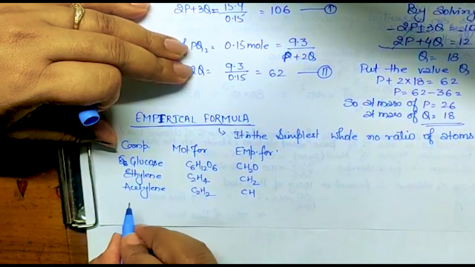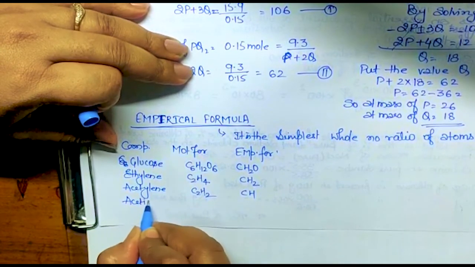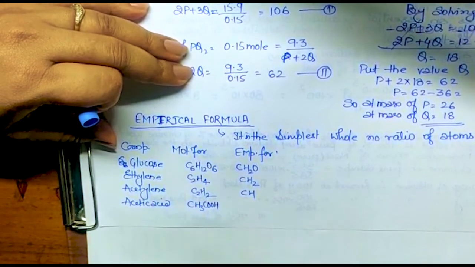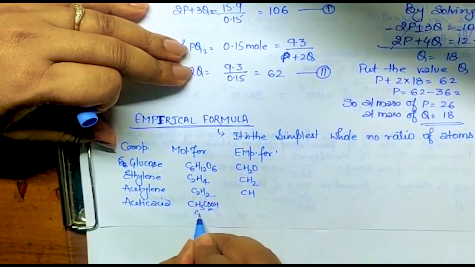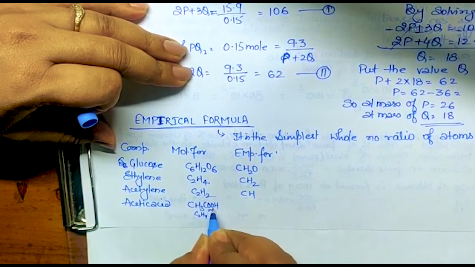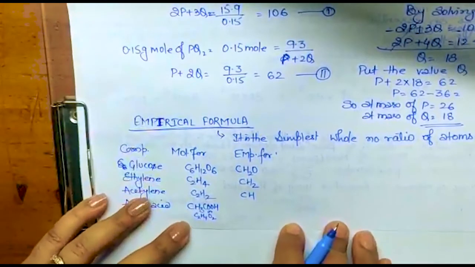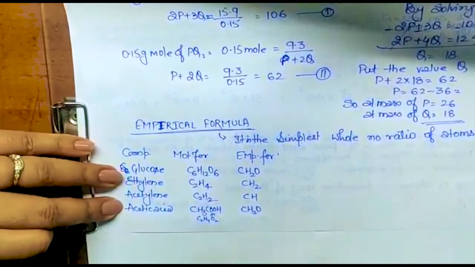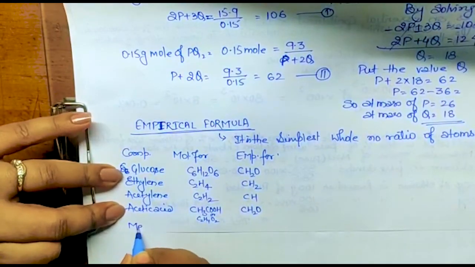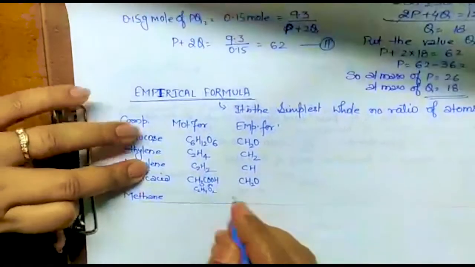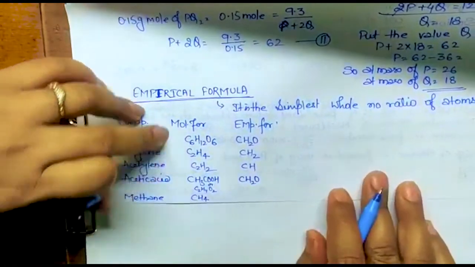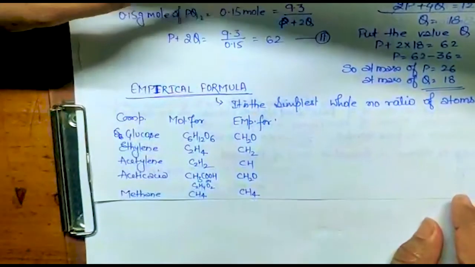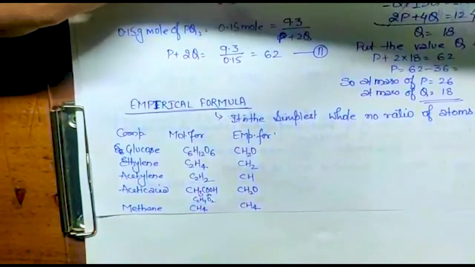Another formula, take acetic acid. CH3COOH, isn't it? So can you write this as 2 carbon, C2H4 and O2, isn't it? You can write that. So take 2 common. It will be CH2O, isn't it? Like methane. What is the formula of methane? CH4. Can it be simpler? No. So that means its empirical as well as molecular formula is the same. Got it? So this is the definition of empirical formula.